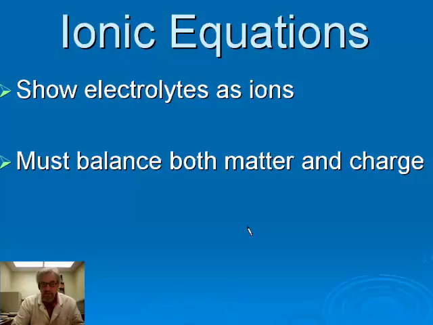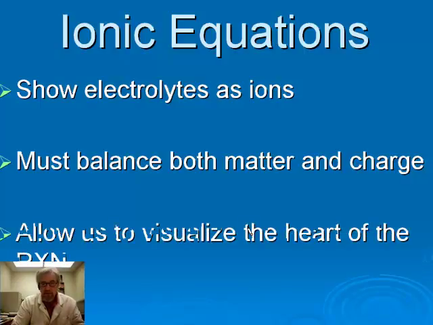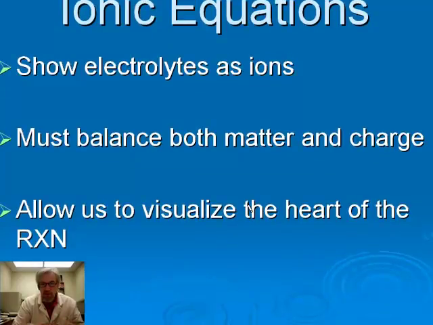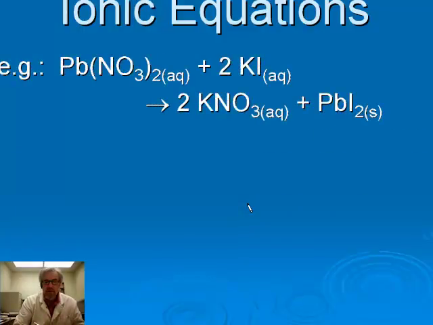What this is good for is it allows us to visualize what's really happening in the reaction once we split out all the ions, and we can start to see that some things really aren't participating in the reaction, they're just there. So this was the molecular equation for lead nitrate reacting with potassium iodide. Let's write out the